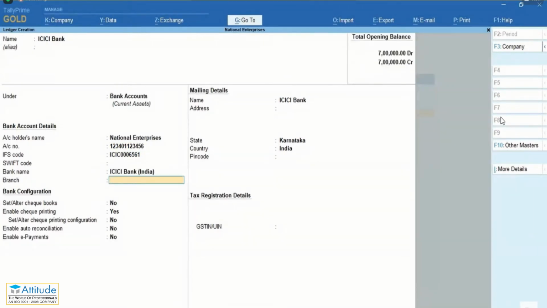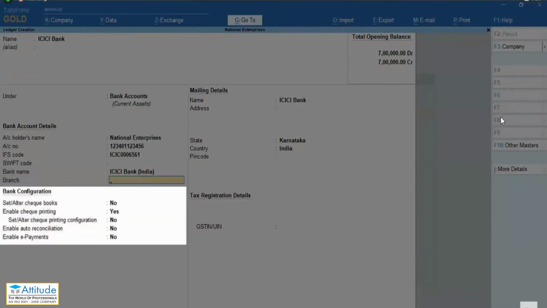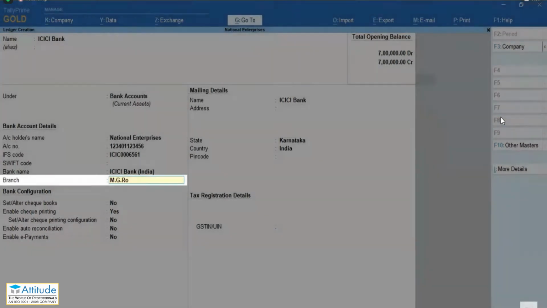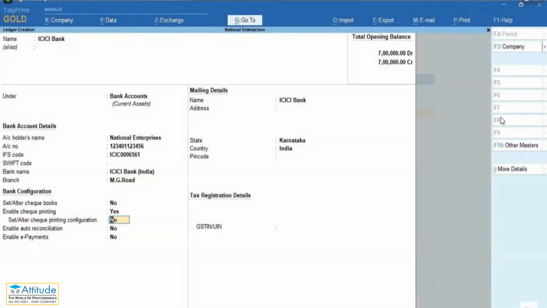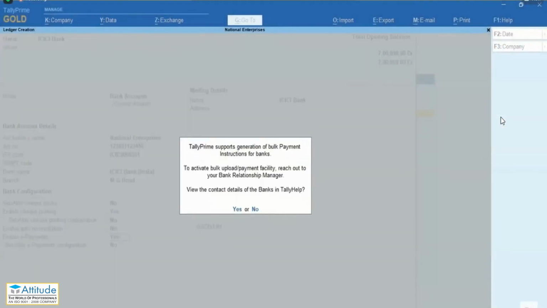Once you select the bank, you can see the option Enable e-payments under Bank Configuration. Enter the branch name. Now, set Enable e-payments to Yes. An information screen appears. The bulk payment feature needs to be activated from ICICI Bank.